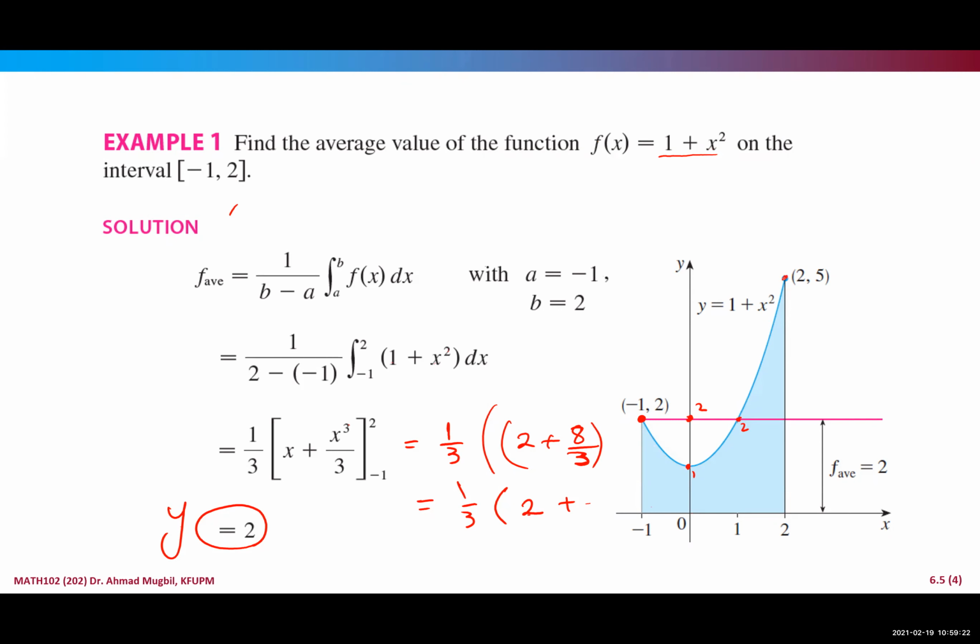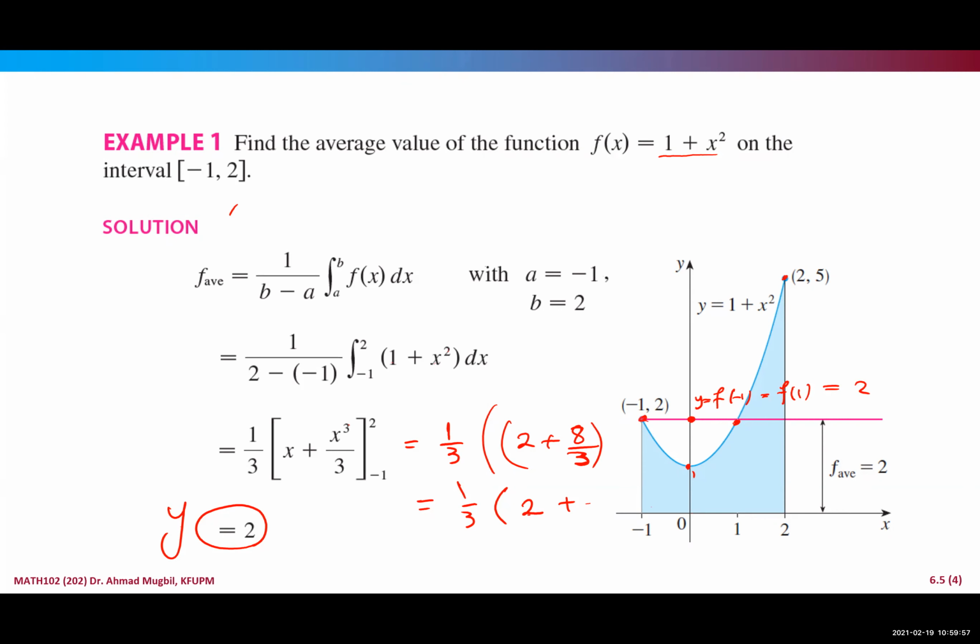So look at the values of the function. They have changed from 2, then decreasing to 1, then increasing to 5. What will be the average value of the function? We have found that the average value is 2. So you can think about this value, y equals f of -1, and f also of 1, it is the same as the value of the function at 1. At these 2 points, we have the average value.